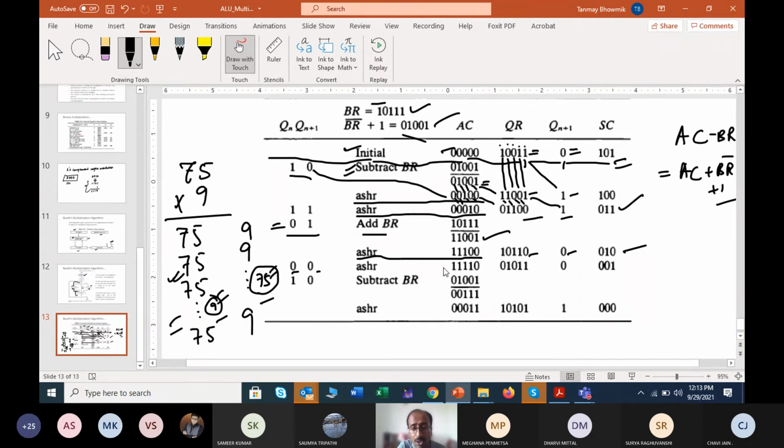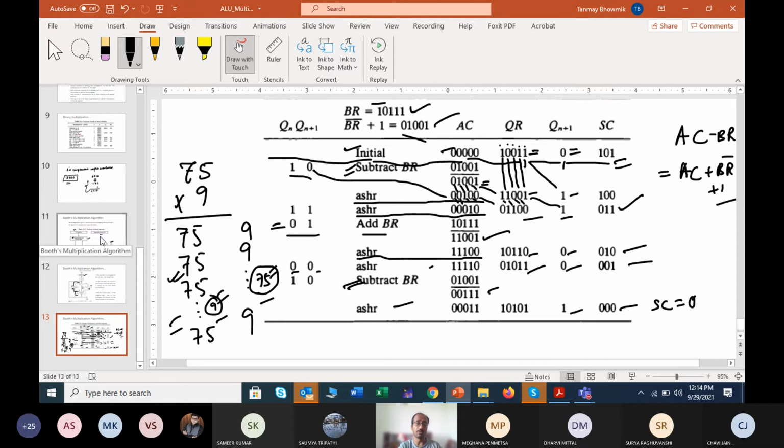So previous values means you are just considering 1, 1, 1, 1. That means this 1 1 has been shifted to this one. This one has been coming from this one, 0 and this 0 here. Then 1, 0, 1, 1, 0. So again it is 1 0 0 0 1. That means it will be subtracted now. Subtraction, right shift. You got the data 0 0 0. That means your sequence counter is right now 0.